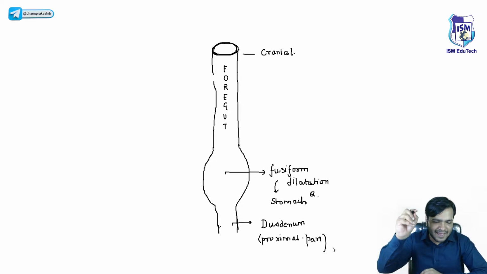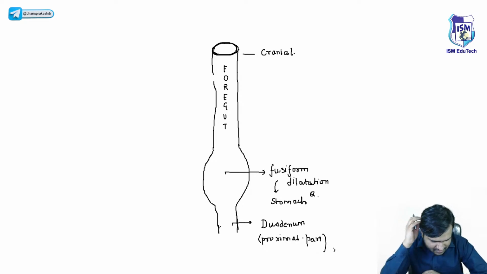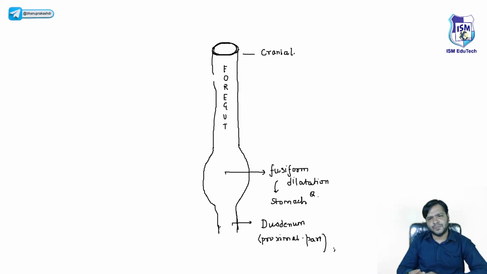Now, intentionally, guys, I have left a space towards the cranial end. So this is all the foregut tube. Towards the cranial end of the foregut tube, there will be a diverticula, or you can say another tube-like structure,